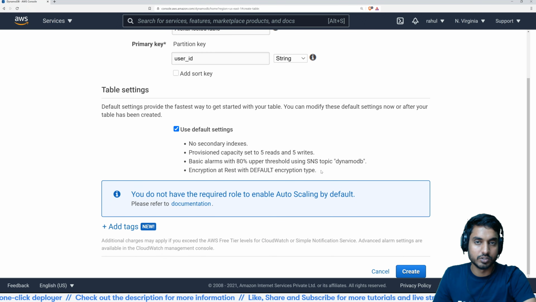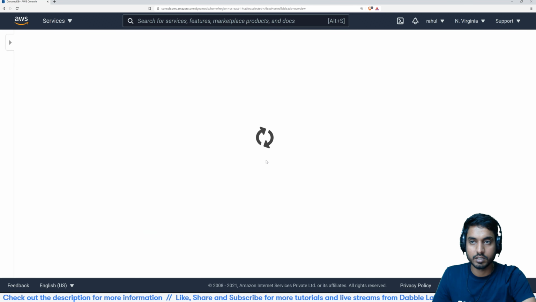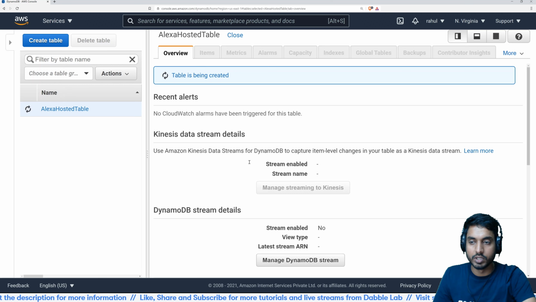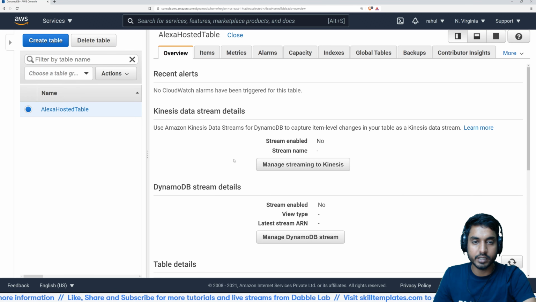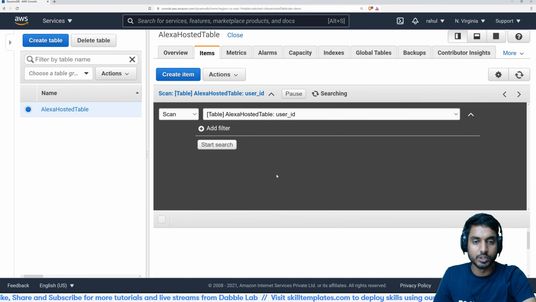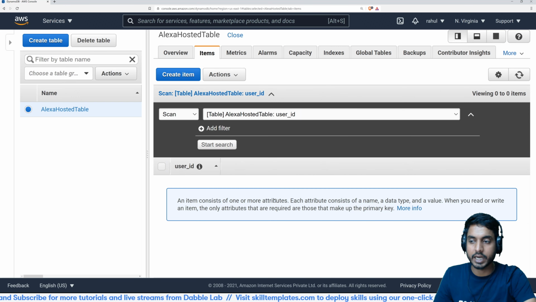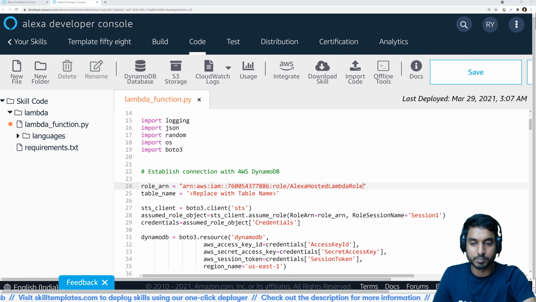Alright, since now we've given it the name user ID, I'll click on create, and a new table will be created shortly. So while the new table is created, go to the items section, and you will see that right now the table is empty and it contains no items. So what we need from this table as of now is the name of the table. So I'll just copy the table name and I will go back to our previous page,